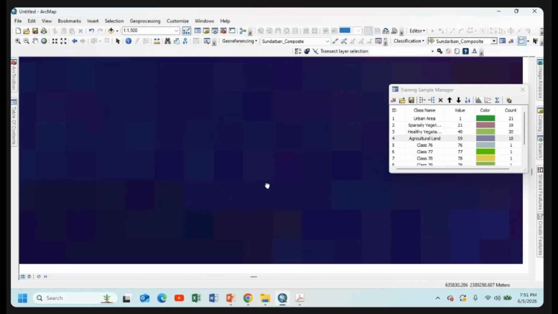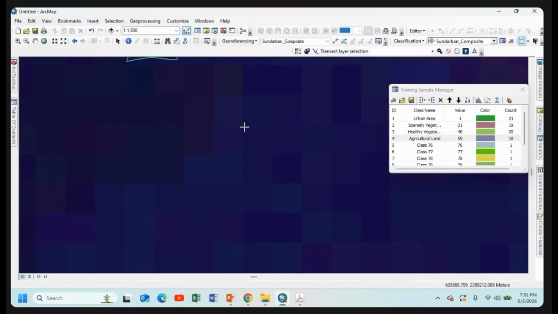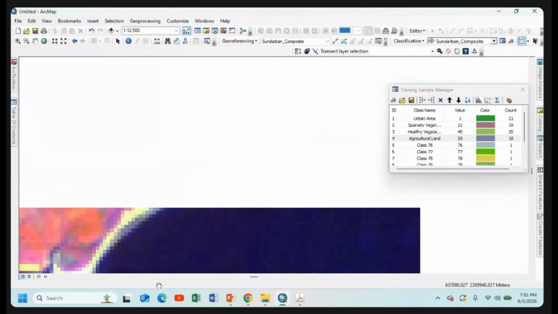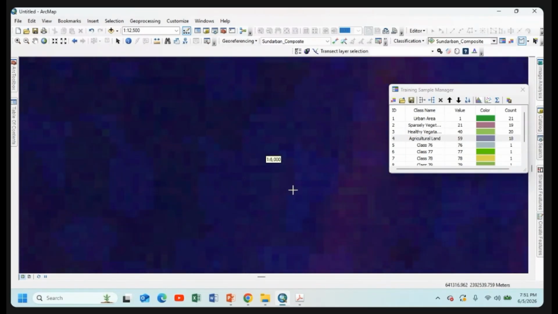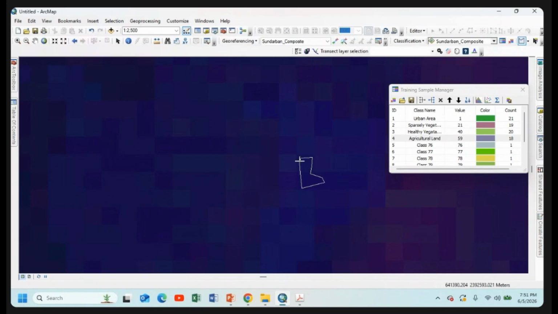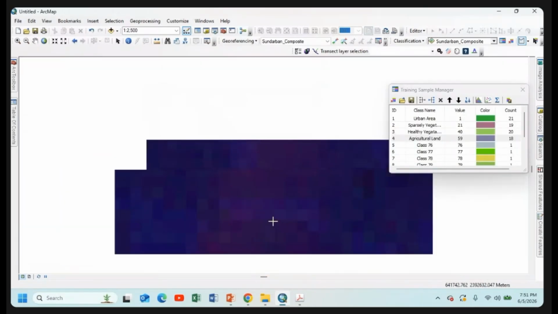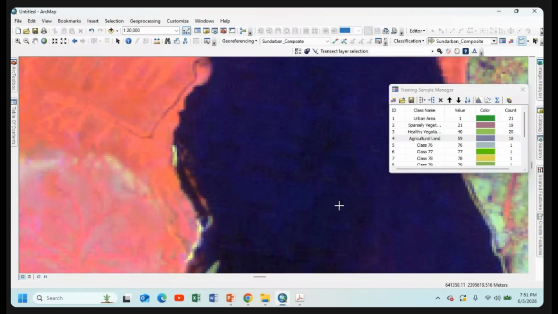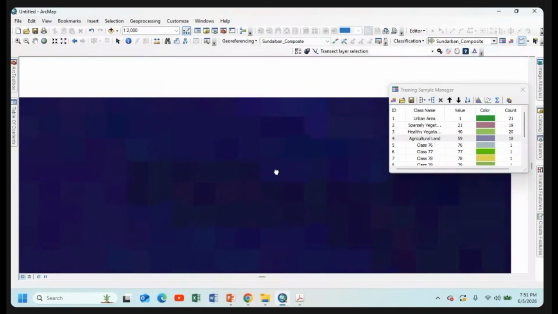Nearest shoreline areas, the shallow water is probably observed. So I will choose this deep ocean area for collecting the water bodies. Okay. Go to the another side. This is the water body. See, I'm choosing only deep navy blue color for water body. By choosing this particular pixel, all water body will fall under this training sample after generating the map.